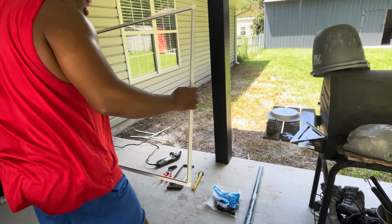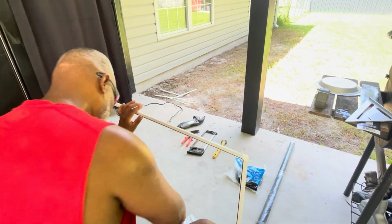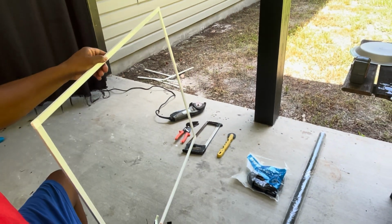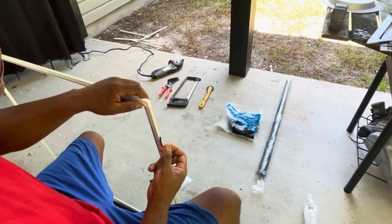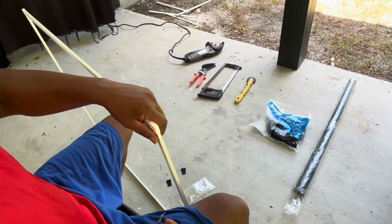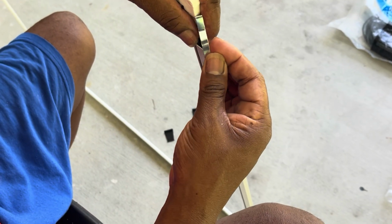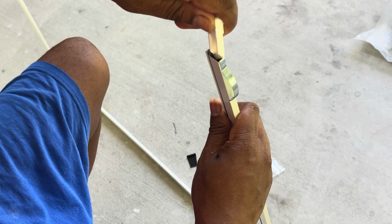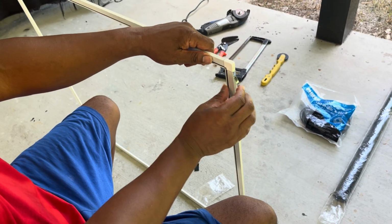Now let's just, oh, you know what? I made one little boo-boo. Not a boo-boo, but I forgot one little crucial thing. I didn't put my extension pieces on it, see? That's a good thing. So we're gonna do that now. It's real simple to do this too. All you gotta do, pull that back out. And the way this goes, it slides in there like that. It's gonna slide right in there. Like that. And you put it right back in. Now you got your extension. Real simple, right,